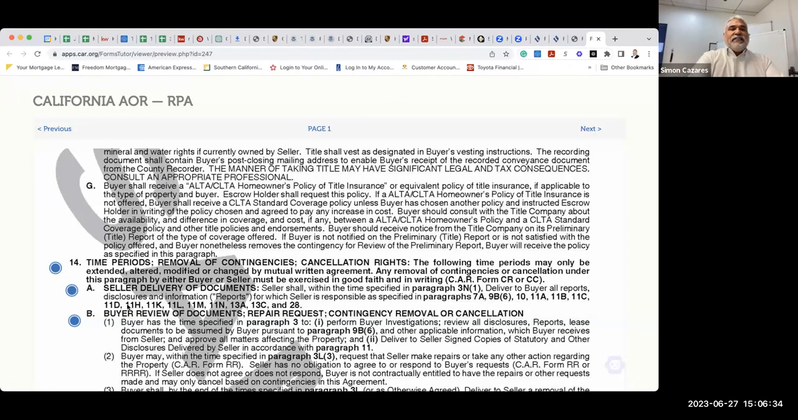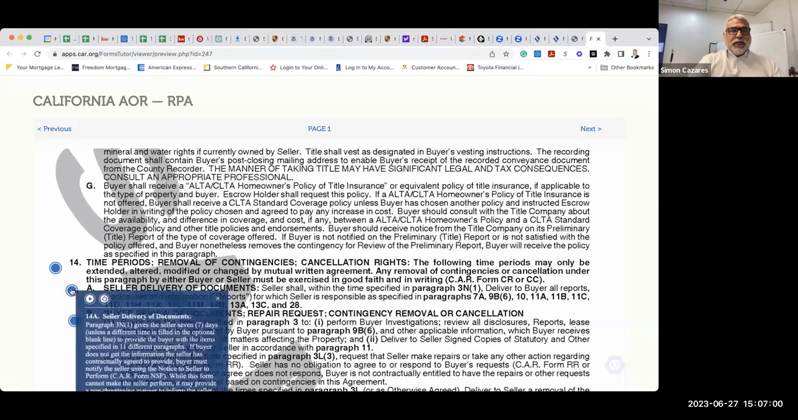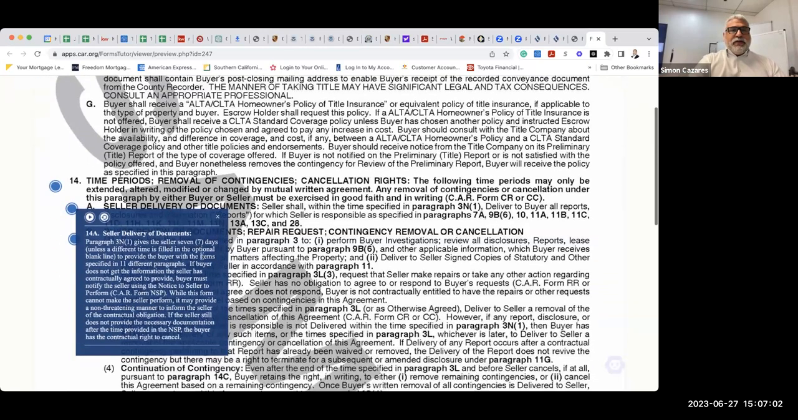Now, 14A says seller delivery of documents. Seller shall, within the time specified in paragraph 3N1, deliver to buyer all reports, disclosures, and information, reports for which seller is responsible or in possession, in paragraph 7A, 9B, 610, 11A, 11B, 11C, so on and so forth, okay? So what it says here is that section 14A,